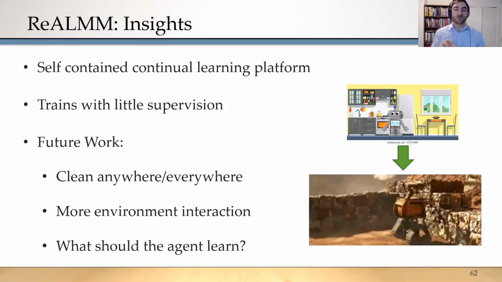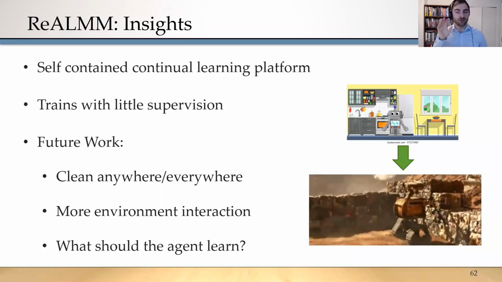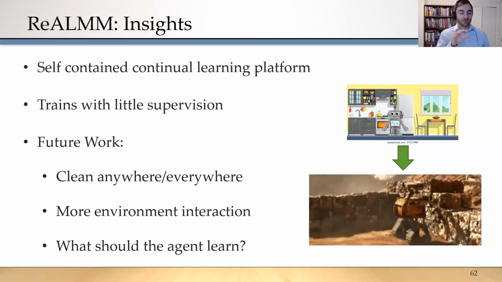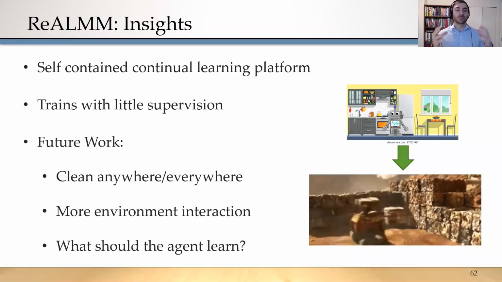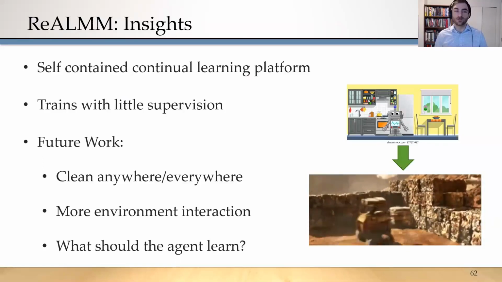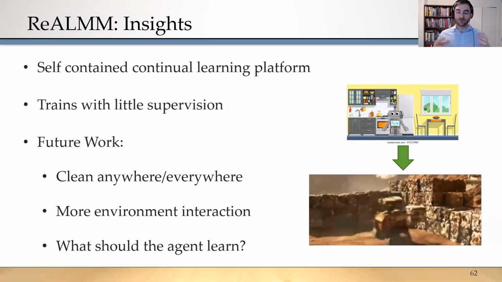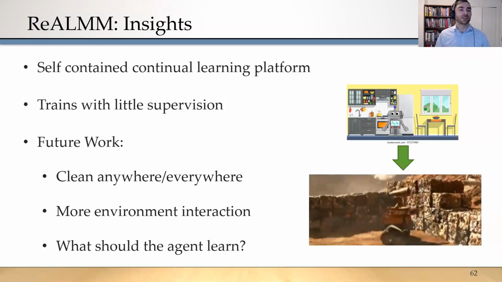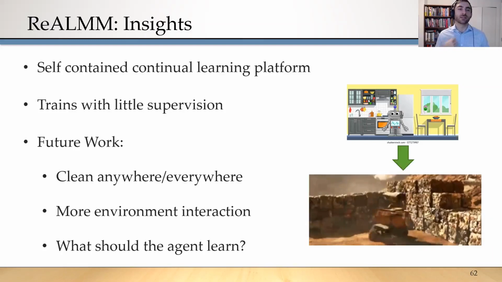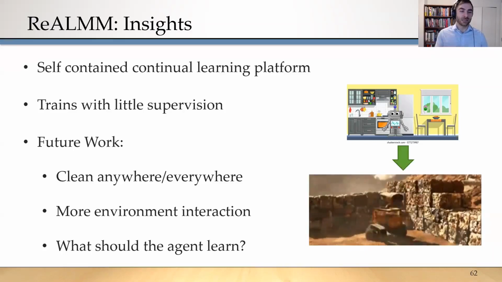So then some insights for this particular project, and really about trying to apply reinforcement learning as it is onto these more robotics projects in the real world, is that a lot of this project was being able to develop this kind of self-contained learning platform. So there doesn't need to be any extra supervision for rewards or any other kind of interventions to be able to reset the robot. And it can just be placed inside of someone's home for the most part, and go around and clean up a number of objects and learn how to go around and grasp things and collect them. As I said, it does train with very little supervision,